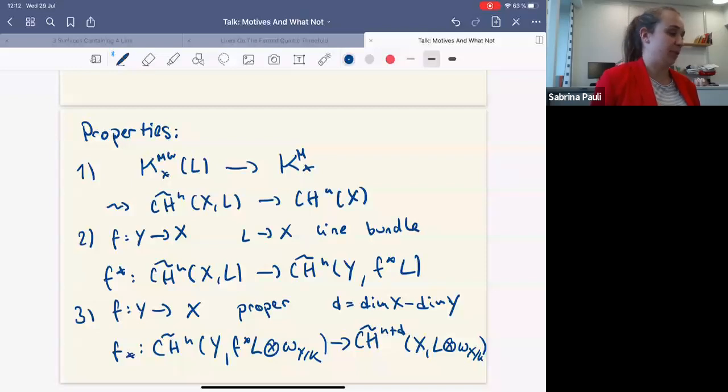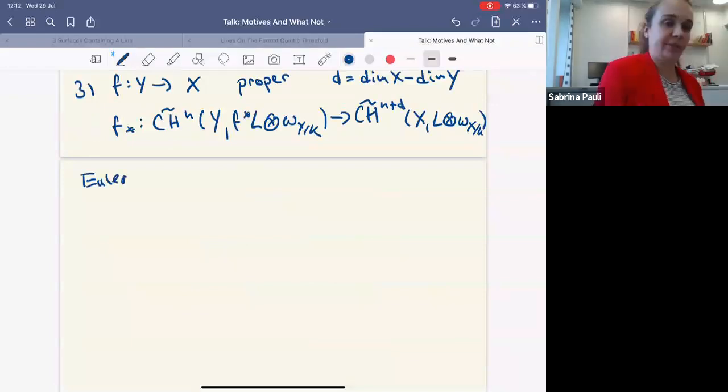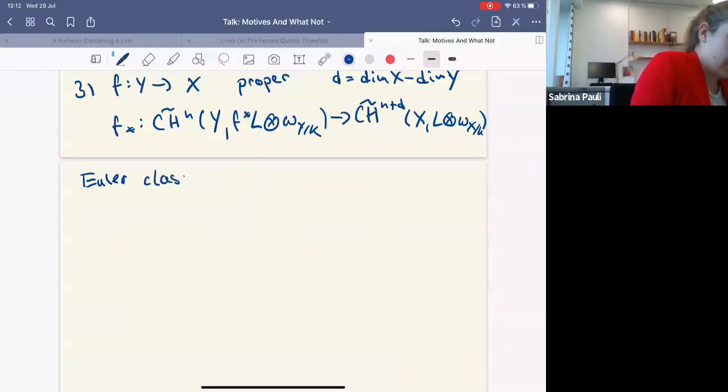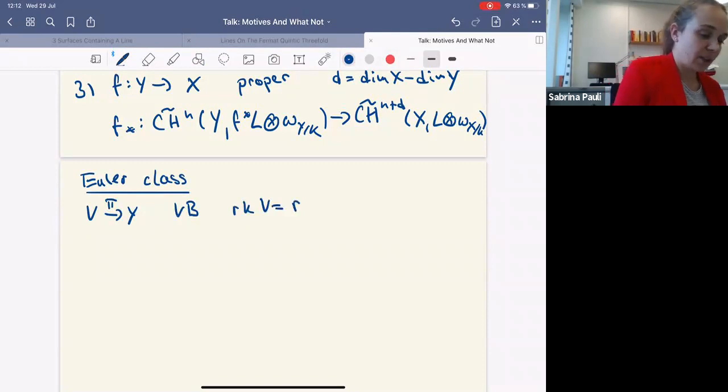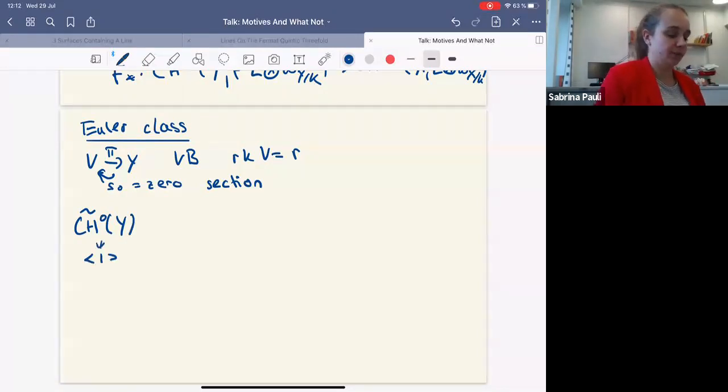Now I want to compute some examples of this, but let me first define an Euler class and an Euler number, and then I will compute some Euler classes and Euler numbers. So let V to Y be a vector bundle, and let the rank of this vector bundle be r, and let s_0 be the zero section. What I can do, I can start in oriented Chow^0 of Y, and I don't twist by anything, or just twist by the trivial line bundle, and I claim that there is a 1 in here, which is really just this form 1, because if we go back